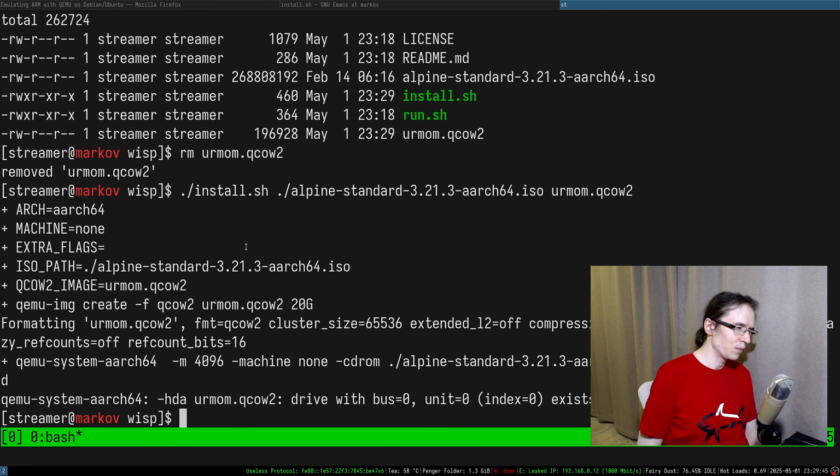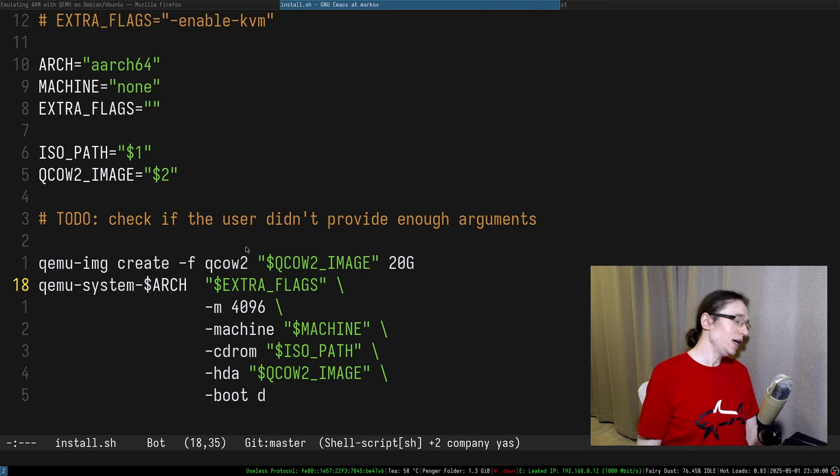And I don't quite get it. So what's the problem? Drive with bus 0 unit 0 exists. Because of the machine none. Okay, so we literally can't use...